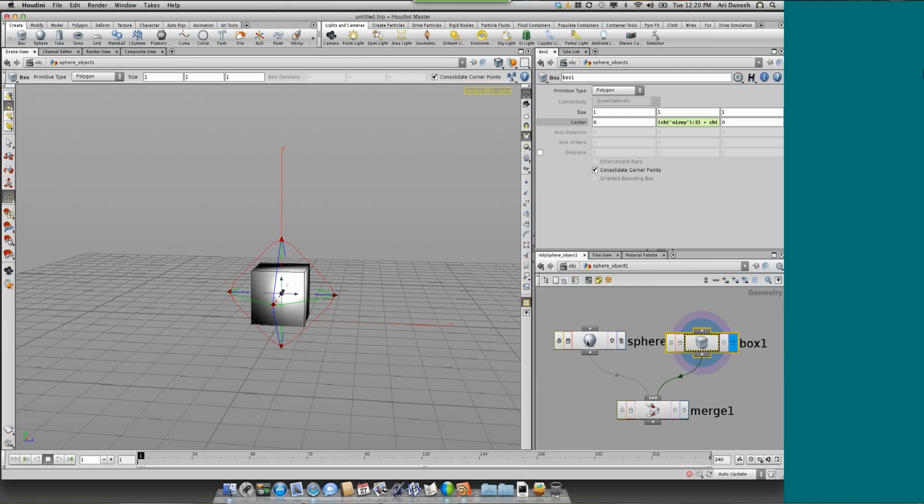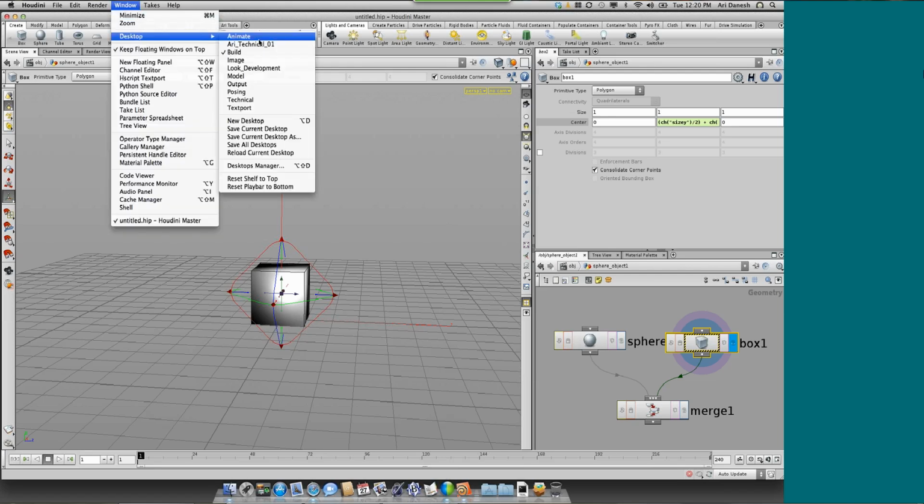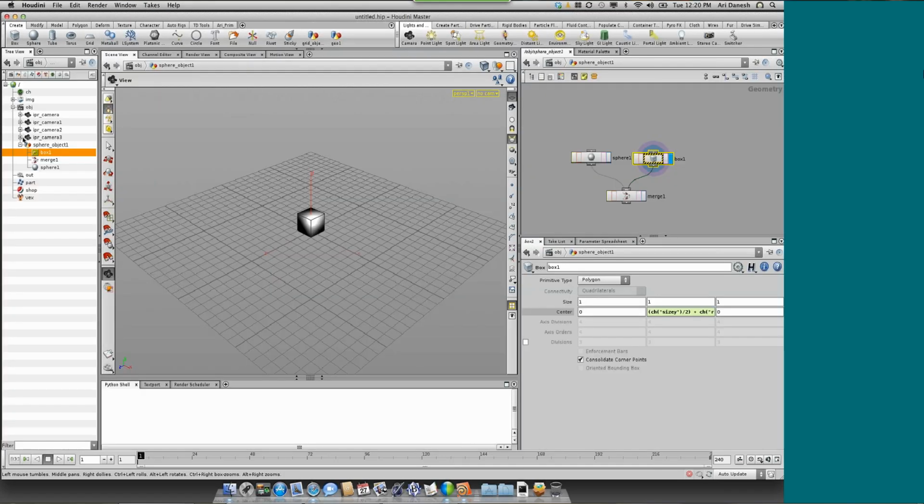And nothing happens, but worse yet, I get this warning. That's what these yellow hazard lines are. Well, why are we getting this warning? What I haven't told you yet is that Houdini is a true file system as far as its geometry, its particles, and everything. If I just quickly toggle back to the technical desktop,